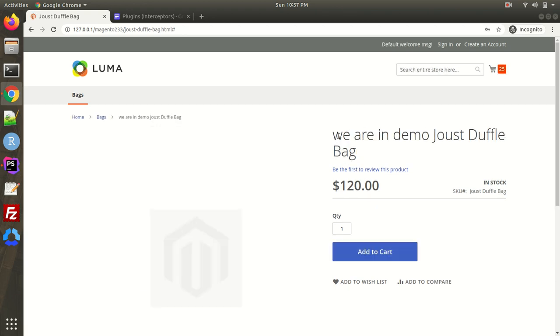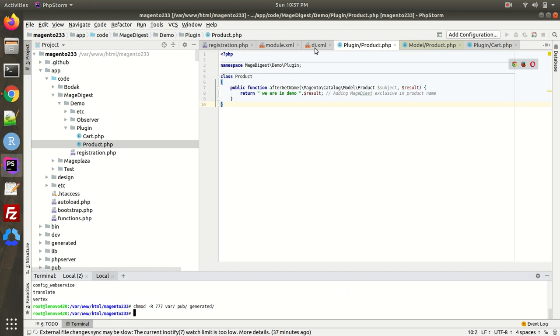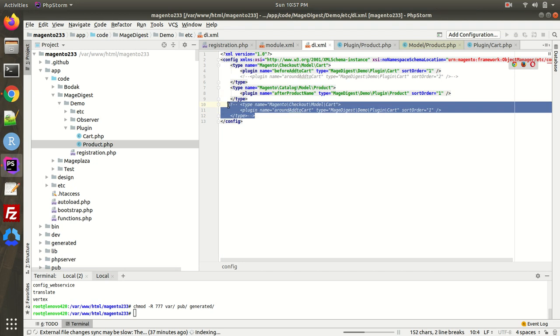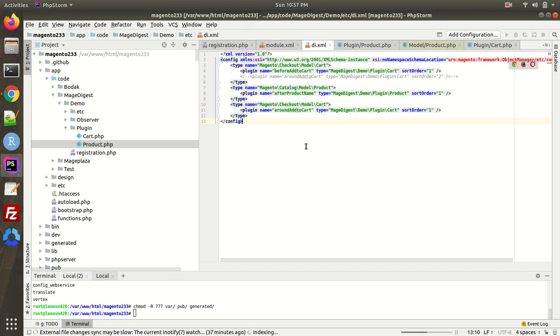See, we are in demo. Fine. So this was for the after plugin. Now we'll be moving on to the around plugin. What we'll try to do is that I'll simply uncomment this part. Since we are trying to observe the same Magento core class,